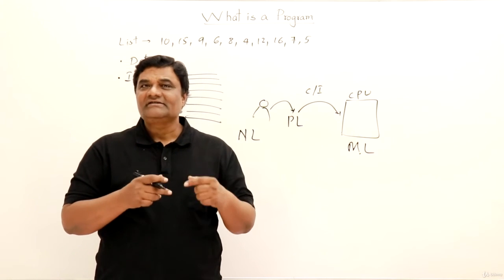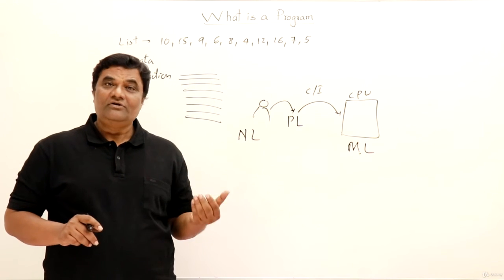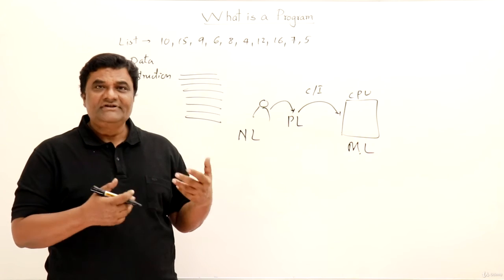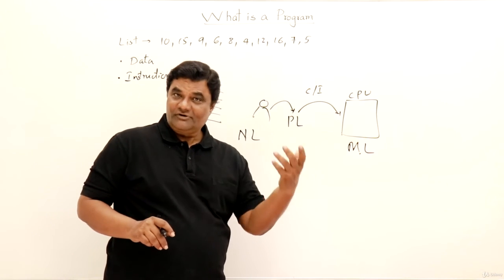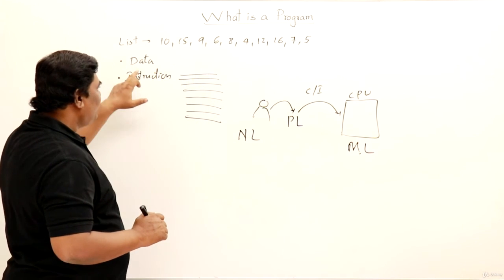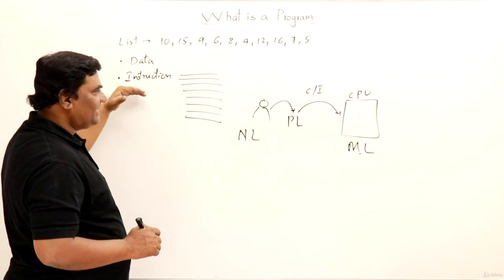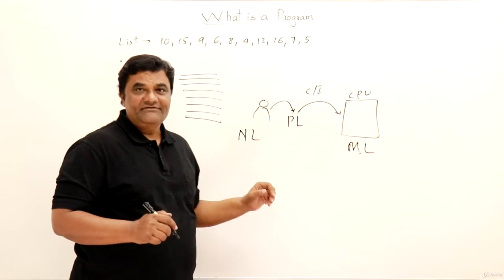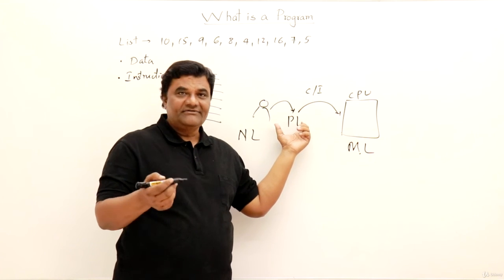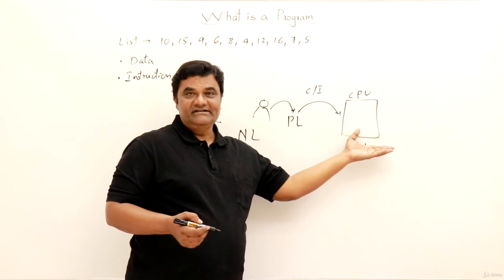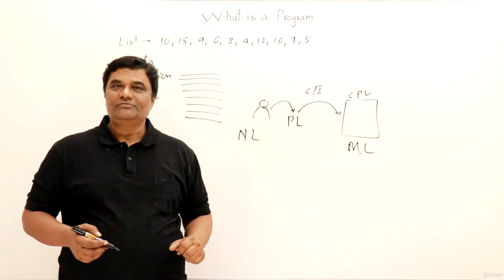Let us revise the things very quickly. So I started with a calculator. A calculator is not a programmable device. Now we want our machines to know the procedure. Just we will give the data, we will not give the procedure. So for that we need a language so that we can write a program. So what will a program contain? Data and the set of instructions upon that data. These are the two main parts or ingredients of a program. But this has to be written in machine language. We don't know machine language. So we introduce some intermediate language, that is a programming language that is helpful for us, and which will translate that into machine language, machine code, the program that is understandable by the CPU.